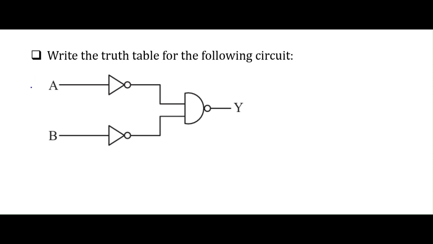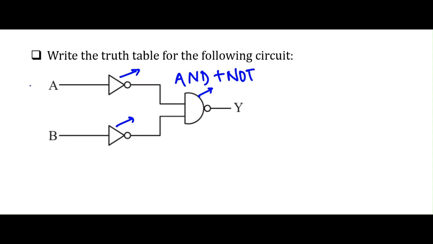To find out the truth table for the given circuit. So here we can see there is one NOT gate and here is also a NOT gate. So these two are NOT gates, and here we can see there is a NAND gate, which is nothing but an AND gate followed by a NOT gate. So we can start